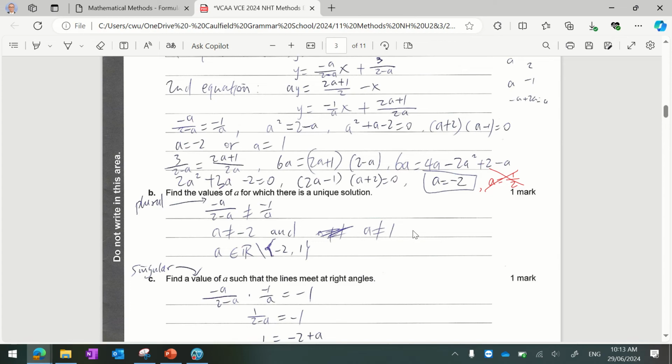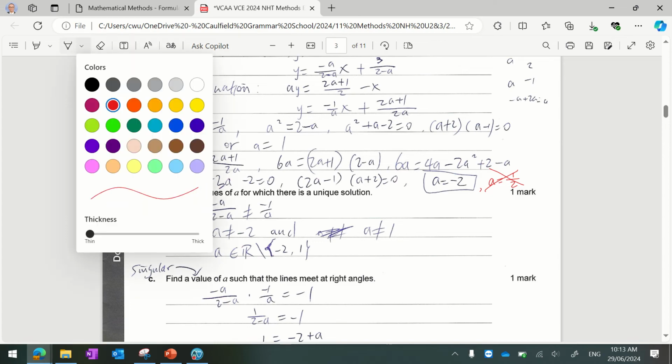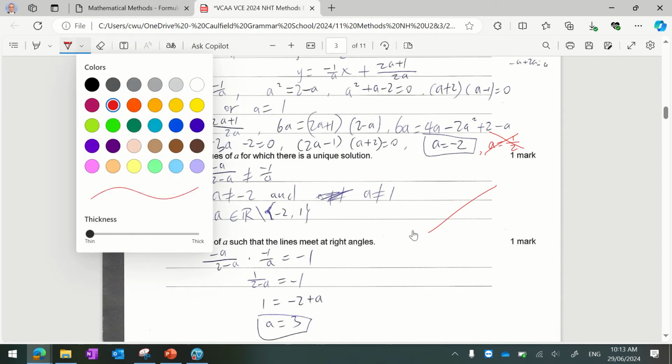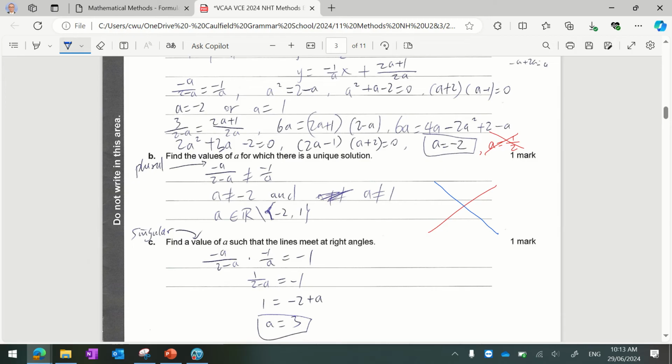Unique solution just means this. Unique solution means if this is your first line, if I can draw, if this is your first line, then your second line looks like this, which means the gradients are different. And all we really care is the gradients are different. As long as the gradients are different, there is always going to be one unique solution, even if the y-intercept is the same, right? So even if you have,